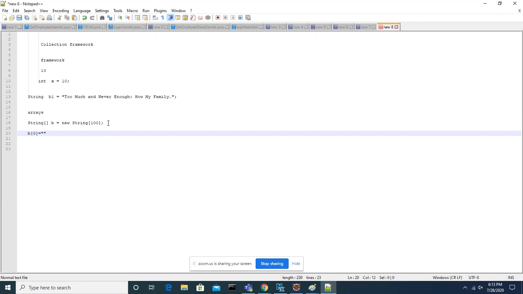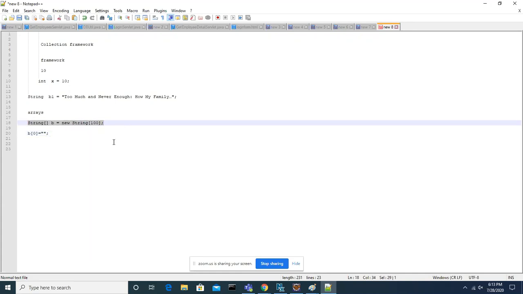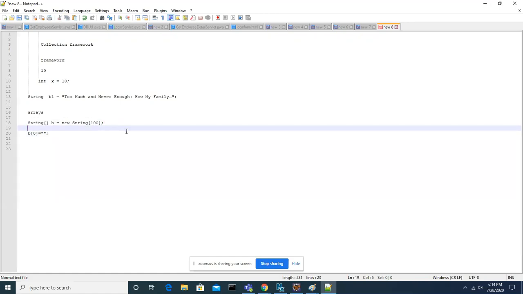But once you store dynamically, you may get more than 100 or less than 100. If you get more than 100, then we cannot use this variable. And if you get much less than 100 data, then memory wastage will happen.